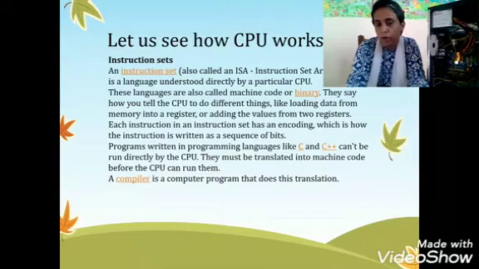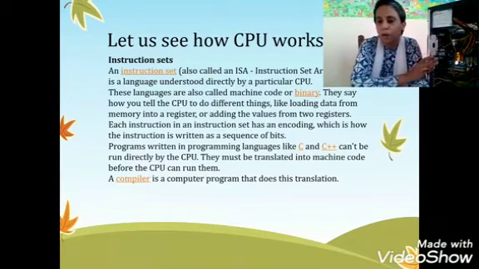An instruction set, called ISA, is a language understood directly by a particular CPU. Now, if a program is written using C or C++, then the CPU cannot understand that. There comes the compiler, which works as a translator. The compiler is again a program that translates programs written in C and C++, because the CPU, the processor, cannot read those instructions. That we already know. The machine can read only 0 and 1, which is called machine language or binary language. Okay?